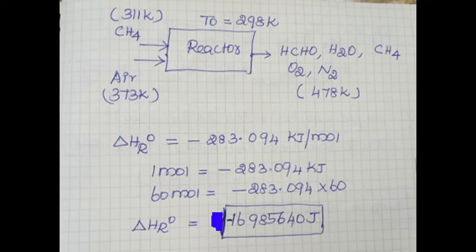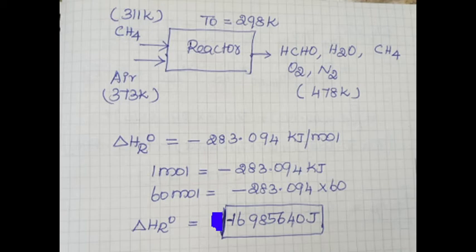Okay. So as per the reaction, what are the products? One is formaldehyde, another one is water. Methane, oxygen and nitrogen are unreacted values. Why? Because the reactants are also present on the product side in unreacted form. So what about the nitrogen? Nitrogen acts as an inert gas, so entering is equal to leaving. Are you clear or not?